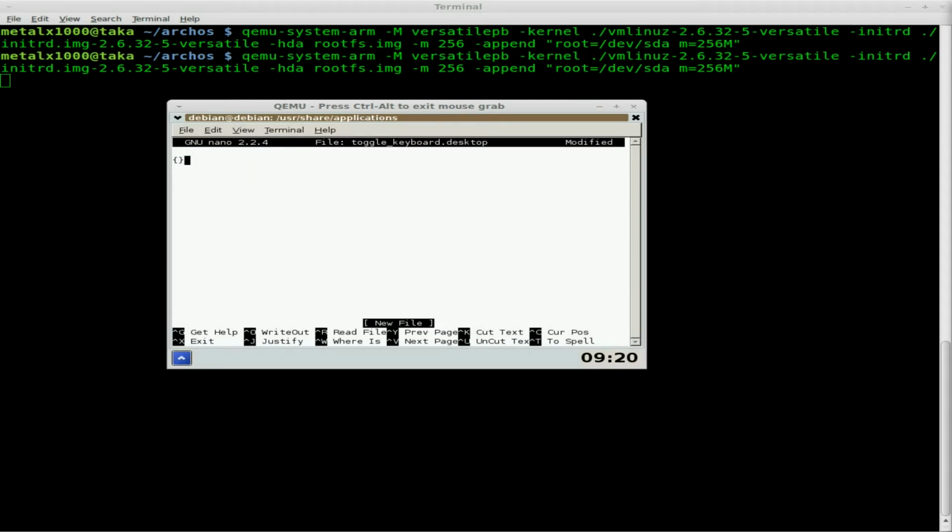and then here we're going to say that this is a Desktop Entry. We're going to say the name of it equals toggle keyboard. Then we're going to say when it's clicked, run the command toggle keyboard. Then we're going to say icon equals